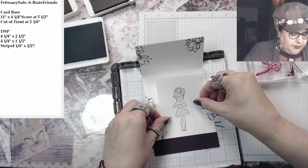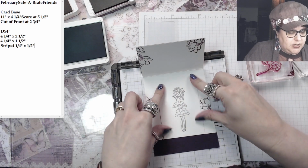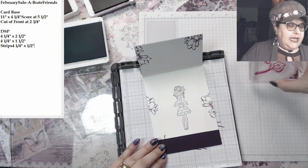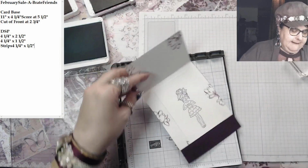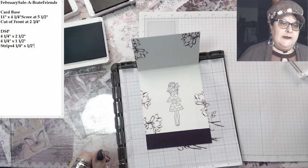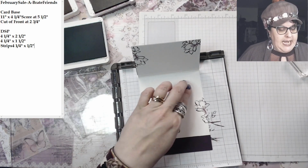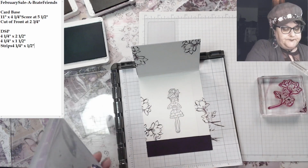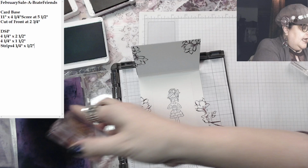And on this one, I realized that I kind of covered, which is fine. So I haven't cleaned it yet, so I'm going to come back. I want a little bit of rich raspberry to show on there. Yep, I like that. So now I'm done with my rich raspberry. I'm going to go ahead and clean that off. And then I'm going to come in,